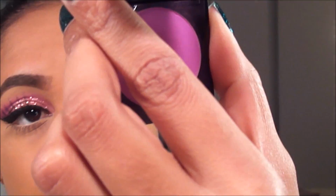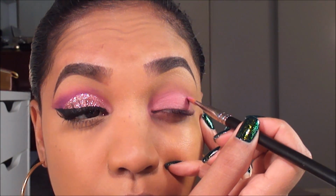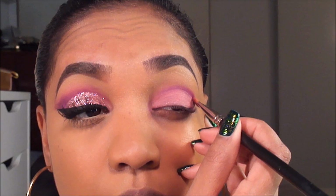Then I'm going to go in now and define the crease with that kind of winged shape, and for this I'm going to use another Makeup Forever blush color, number 26. Again, it's a blush color, but it's like a deeper raspberry pink. For that, I'm going to use my MAC 242 flat synthetic brush, because it gives more of a precise line. And I'm going to apply the eyeshadow in somewhat following that half moon shape of the lid color,